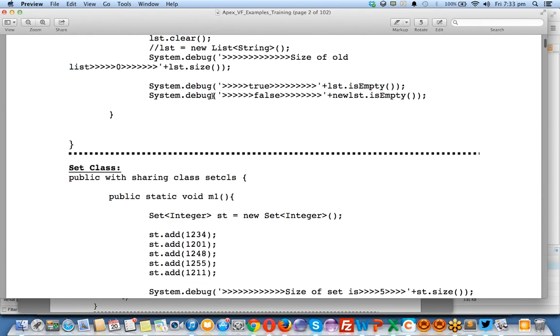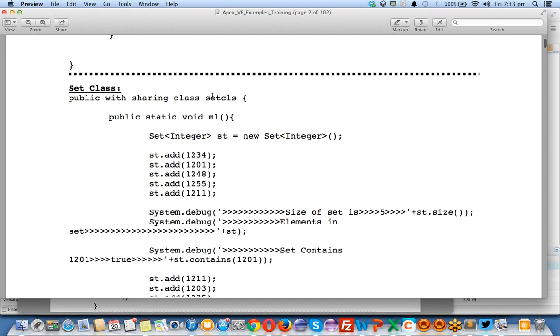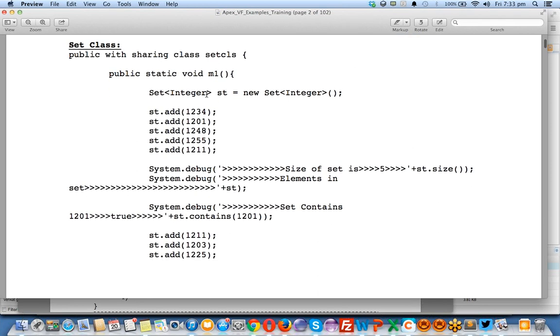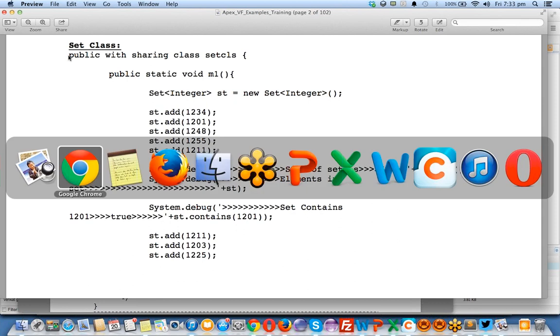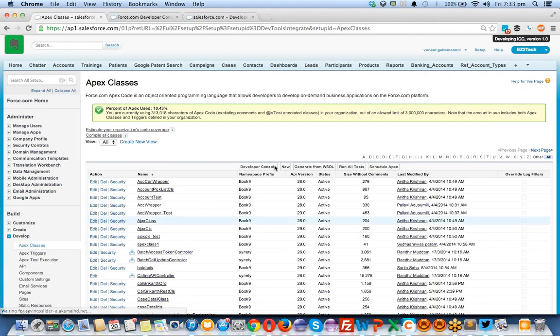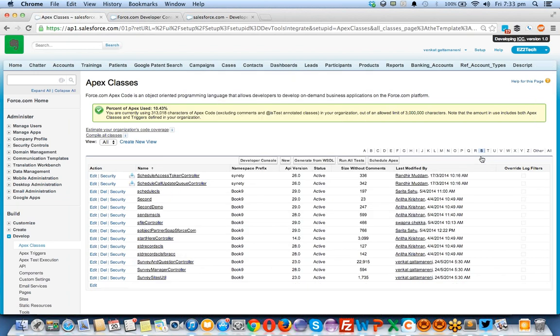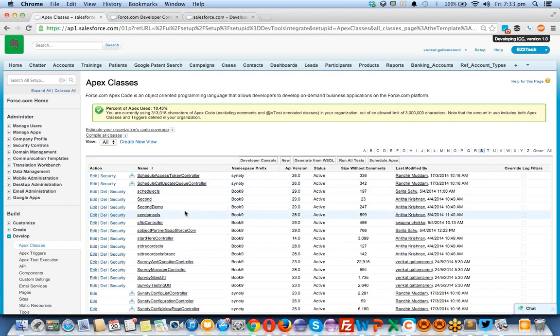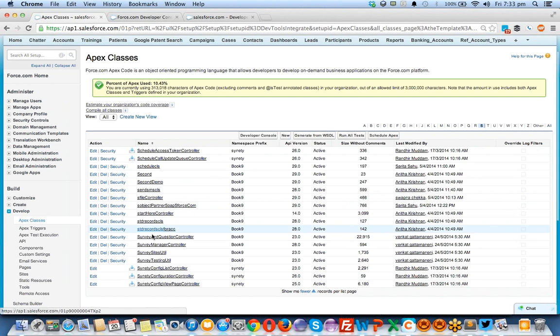I'm going to share these complete PDF examples with you, and I want to show you the set class. Okay, let's check whether it's already there in my system or not, because I've already done that long back. Set class. Click on yes to go for all the set classes there. No, there's no set class here.